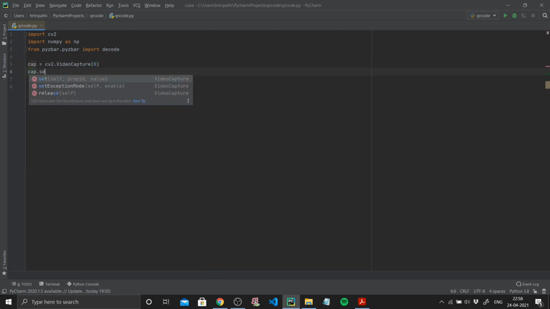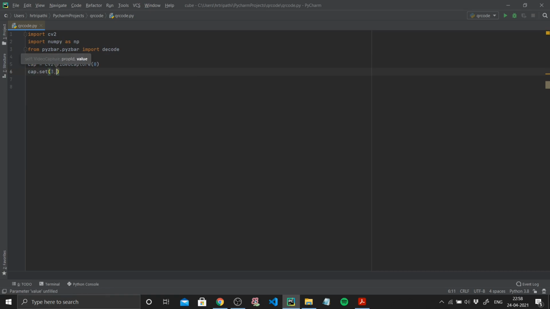Next up, I'm going to be doing cap.set. What this particular function does is it sets a limit to the width and height of the frames that you want to pass as an input. The first parameter that I pass, 3, is my prop ID value. Property IDs have different values ranging from 0 to 15 as far as I remember. In this case I'm going to be passing 3, 640.